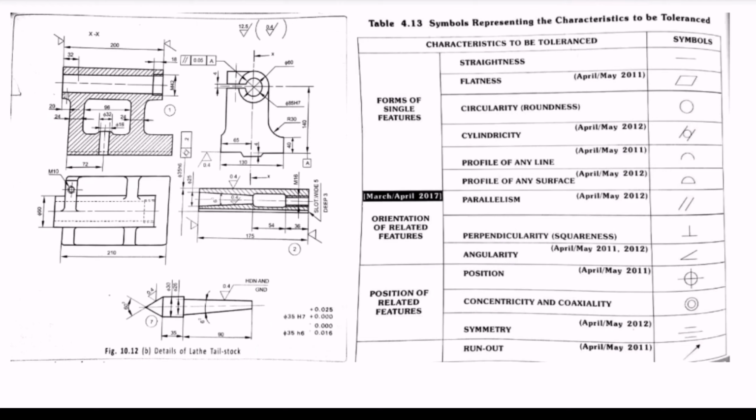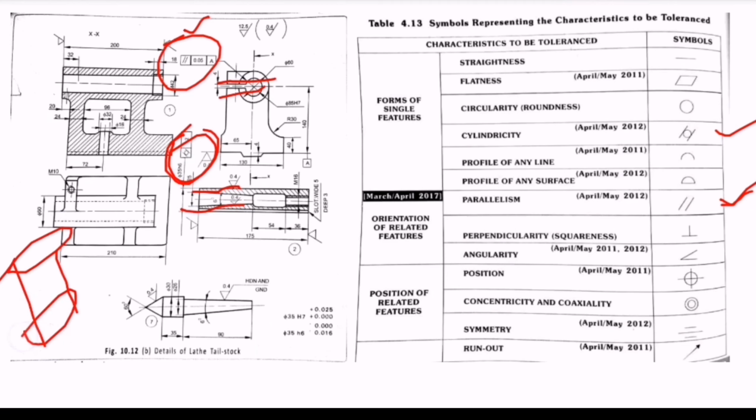And next is tolerance symbols. If you observe clearly this figure, here we can see the parallelism symbol, and somewhere you can see here this is cylindricity symbol. So this kind of symbols are indicated here. This parallelism symbol means the lines are parallel, that's why the surfaces are parallel, that's why the parallelism symbol is used. Here the cylindricity symbol is used because this barrel has a cylindrical structure. So these are the tolerance symbols, wherever required we can indicate that.